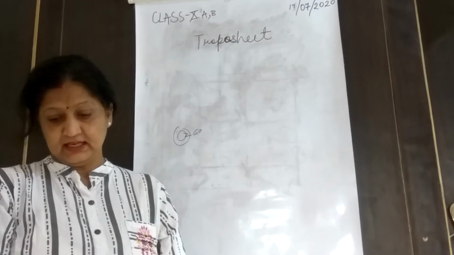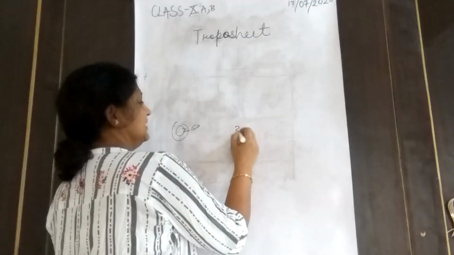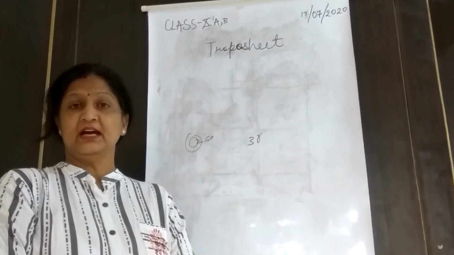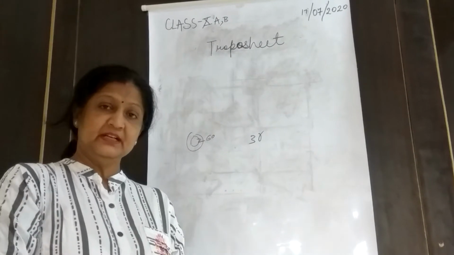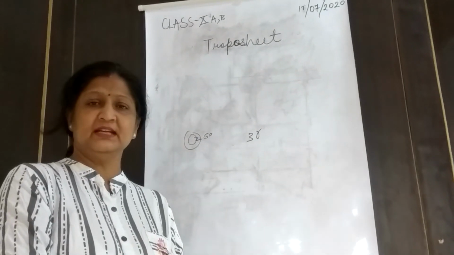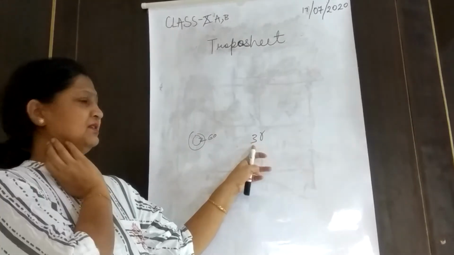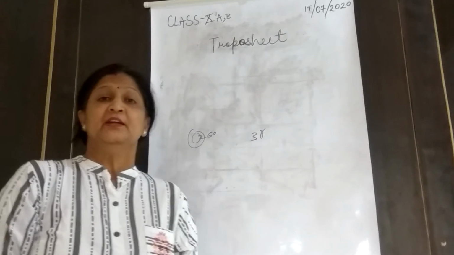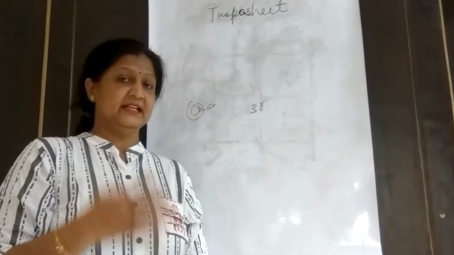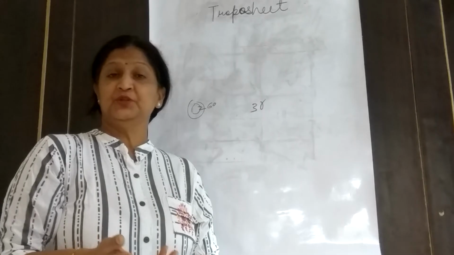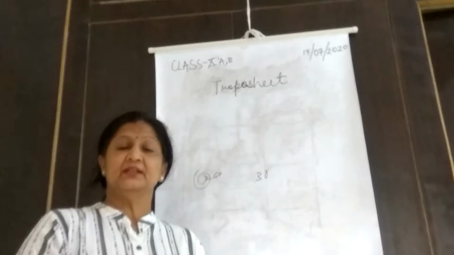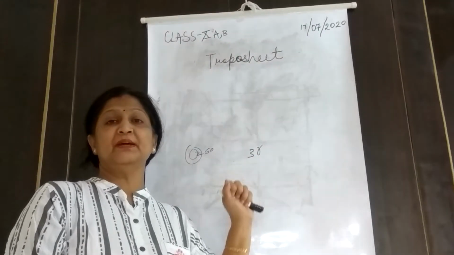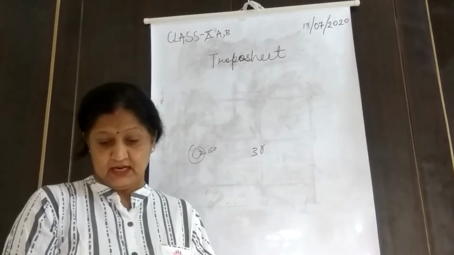The next thing is relative height. Relative height is generally mentioned by a small r. 3R means the region is a plain area, but it has a height, where stones and mud are there, of 3 meters. So 3 means 3 meters, R means relative height, the height with reference to the surrounding area. Generally the height is measured with reference to the ocean level, but R means from the surrounding. When the height is taken from the surrounding, it is mentioned by a small r. So it is known as a relative height.